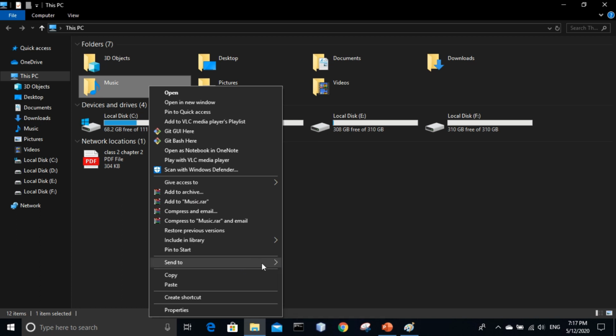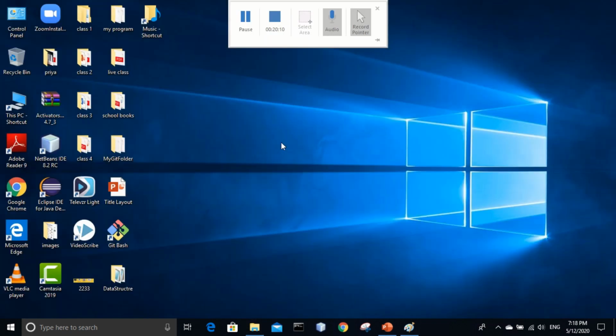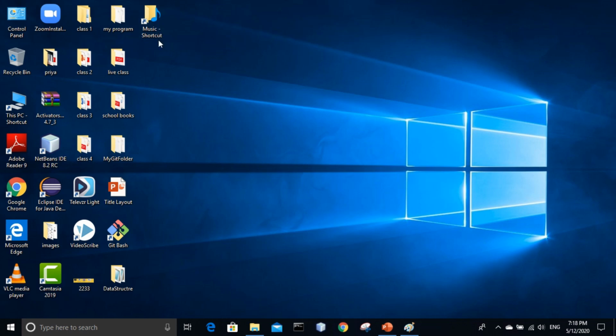Inside this Send to you are having Desktop, and in brackets it is written create shortcut. So I am clicking on Desktop (create shortcut) and it's created. See, Music shortcut. So now I don't need to go to This PC first. I can directly go to the Music shortcut on the desktop to open Music. Understood? Is it clear to all?